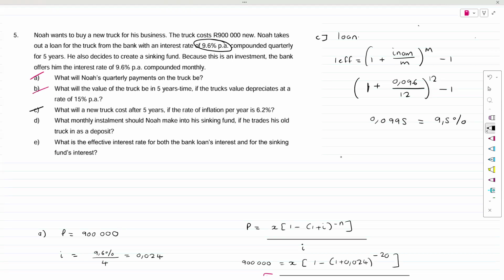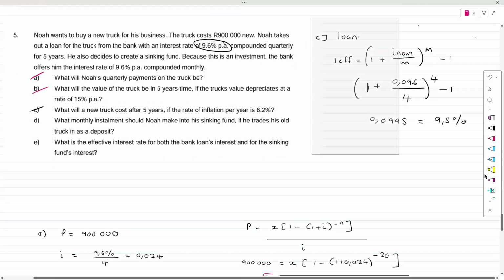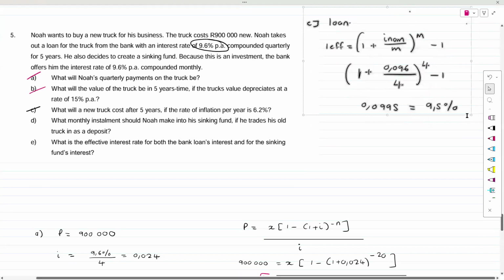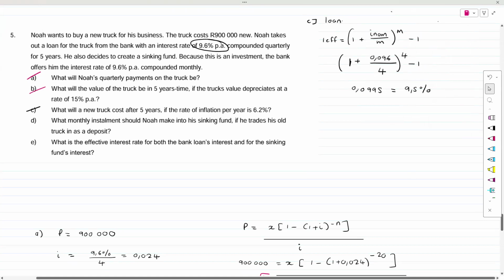We can end here, but I think I did make a mistake because it was quarterly. And I'm looking at my wrong answer sheet. It was quarterly. Let me double check because I did make a mistake. 1 plus 0.096 all over 4, to the power of 4, minus 1. Yeah, okay. It was quarterly, guys. It's not monthly, it's quarterly. So I wrote it there, but I put something else in my calculator. But the last one, E,